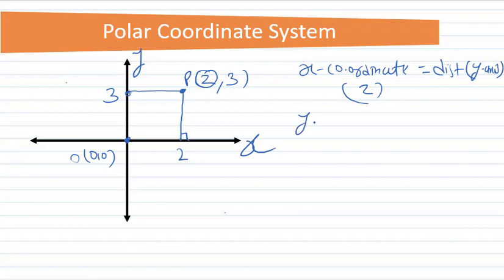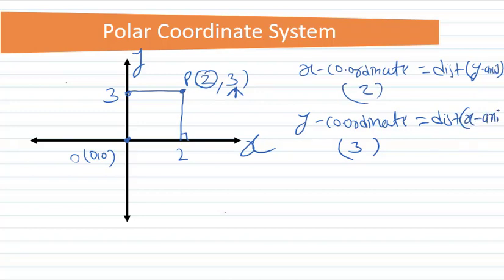And similarly, the y coordinate, in this case 3, will represent the distance of the point from x-axis. So just remember this. Your x coordinate will represent the distance of the point from y-axis and y coordinate will denote the distance of the point from x-axis. Right? So in this way we are representing a point in Cartesian coordinate system by using two axes, x-axis and